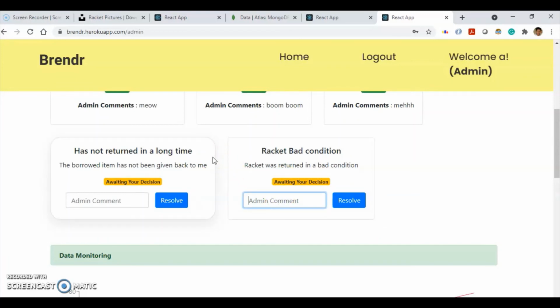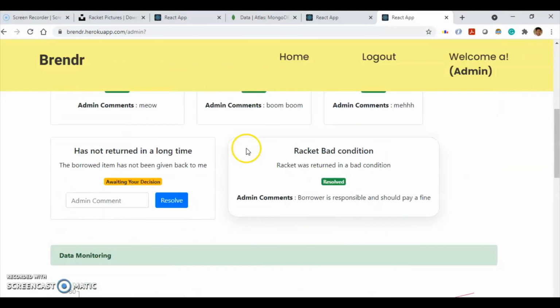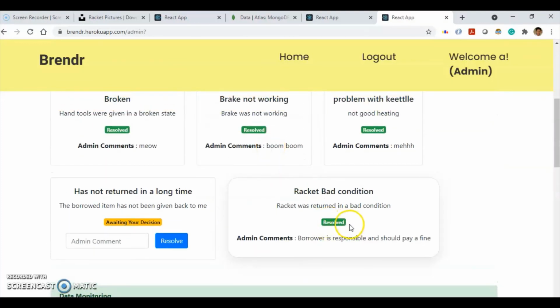So he puts, let's say, borrower is responsible and should pay a fine. And if he clicks the resolve button, the complaint is closed, and here it is shown as resolved, as the admin has closed the complaint and resolved it.